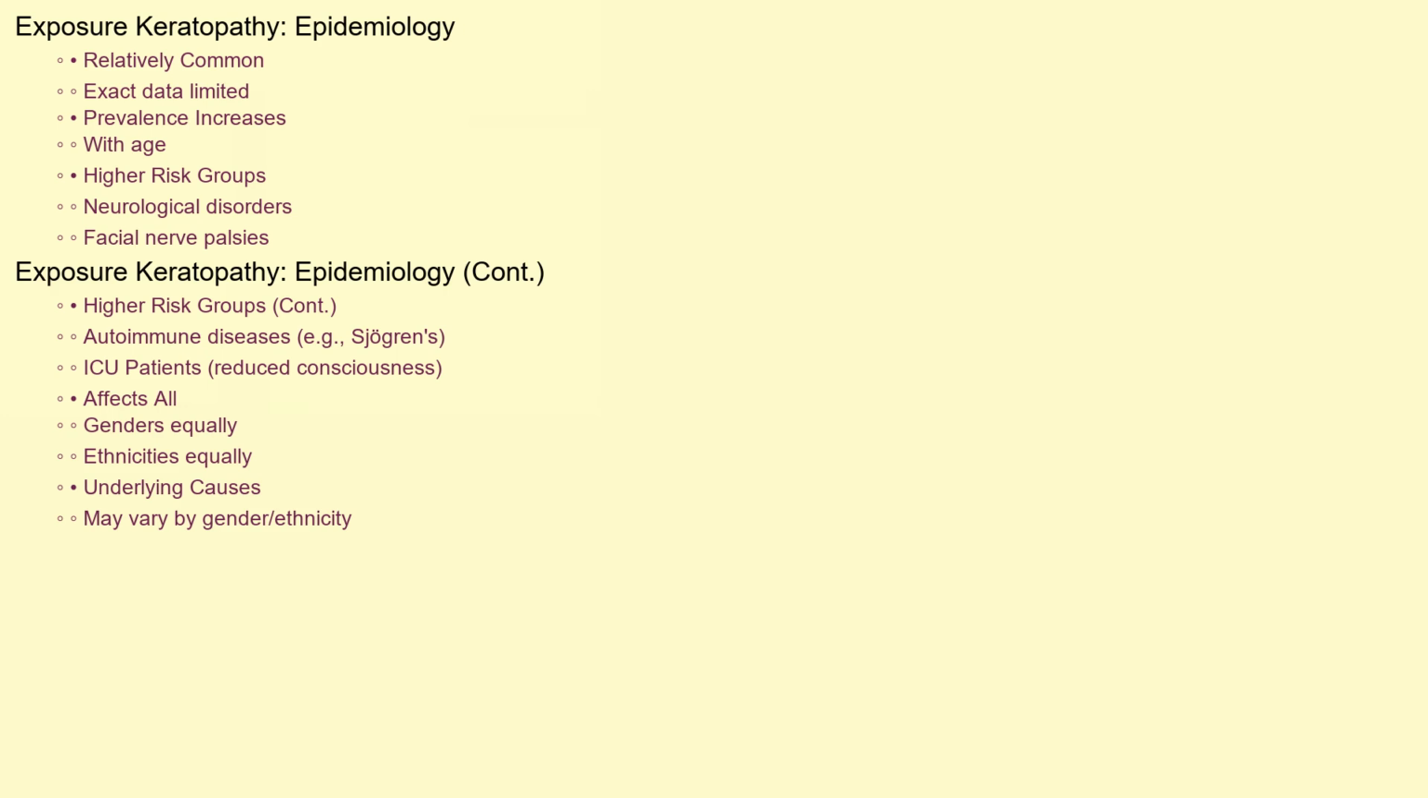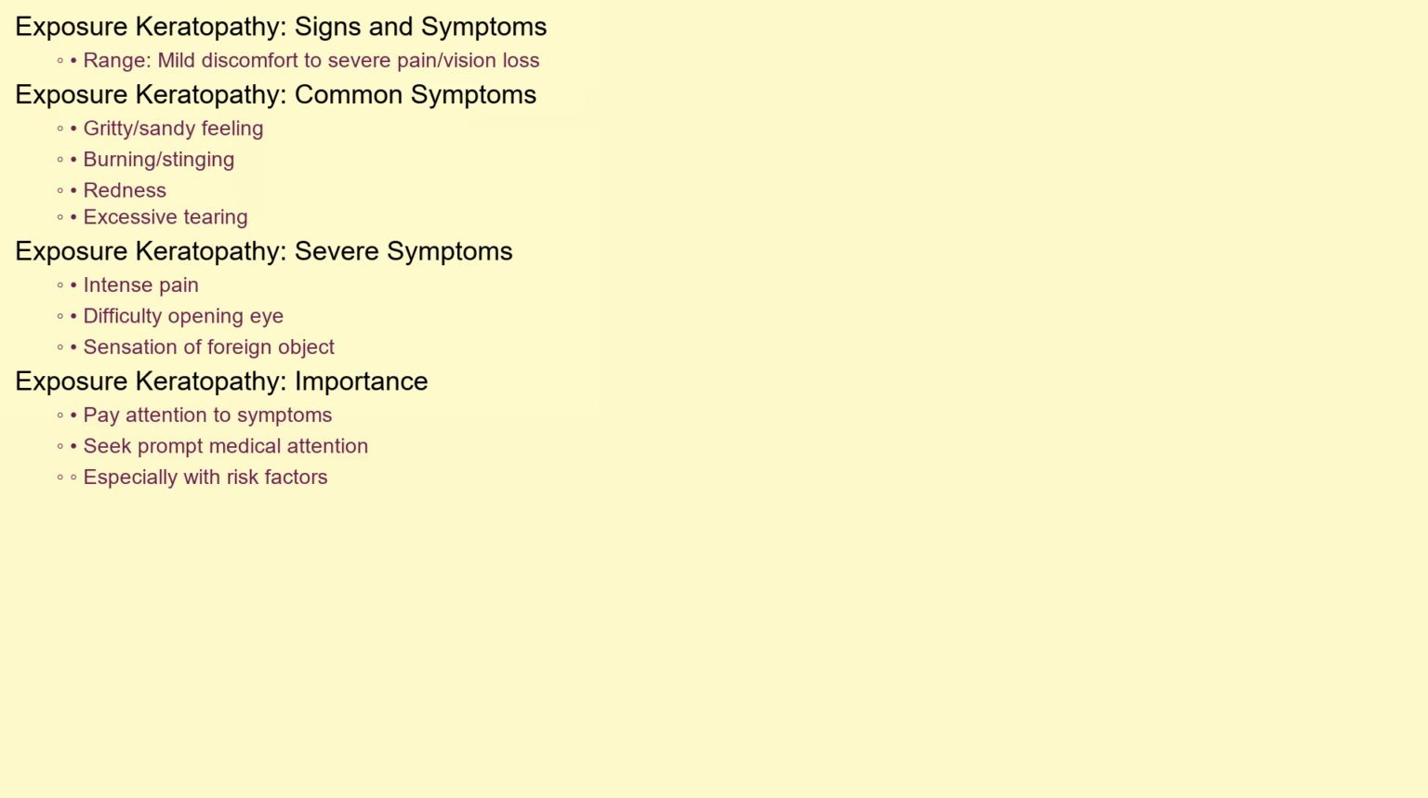While exact epidemiological data specific to exposure keratopathy is limited, it's known to be relatively common, particularly in individuals with conditions that predispose them to inadequate eyelid closure or dry eye. The prevalence increases with age and is higher in individuals with neurological disorders, facial nerve palsies, and autoimmune diseases like Sjogren's syndrome. It's also important to note that patients in intensive care units, often with reduced consciousness and impaired blinking, are at higher risk. The condition affects all genders and ethnicities equally, but the underlying causes may vary depending on